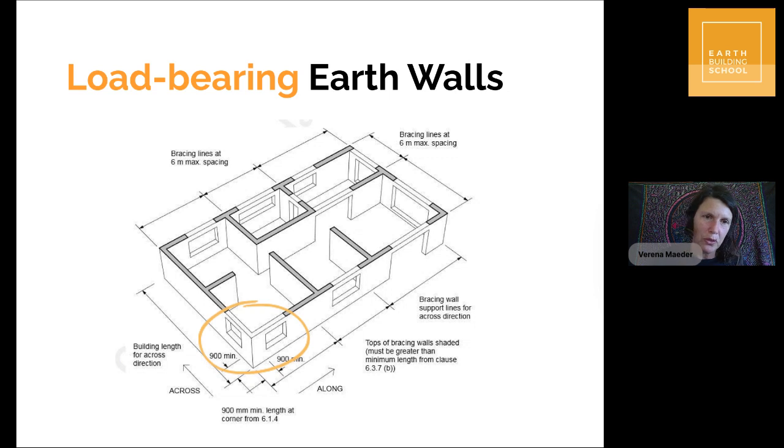So the corner, for example, this front corner here with the two windows on either side, you see that corner is kind of slender. There's a minimum requirement for the corner to be 900 millimeters minimum, 0.9 meters in each direction